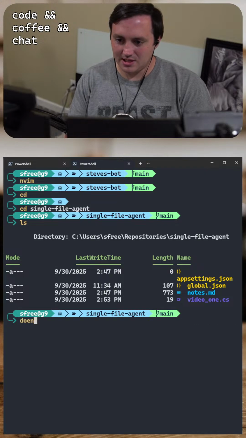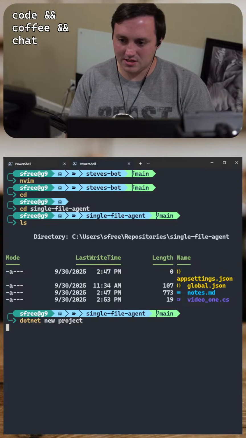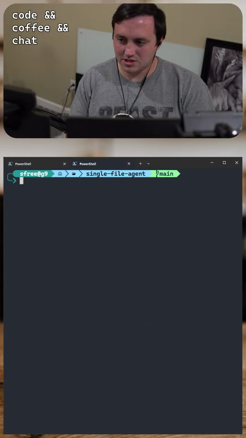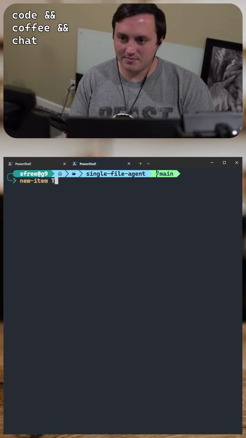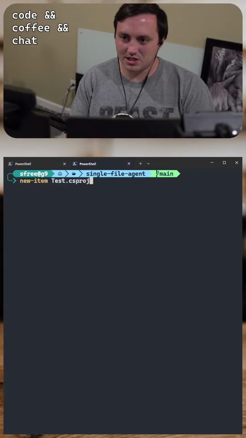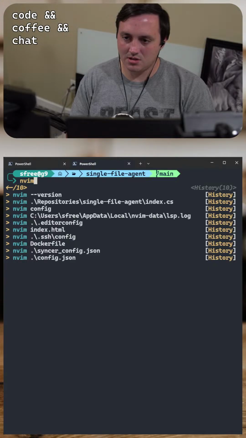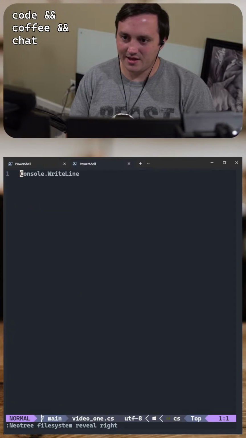Let's see, .NET new project. Can I just create a CS proj, like new item test.csproj? I just want to see if that makes OmniSharp attach.